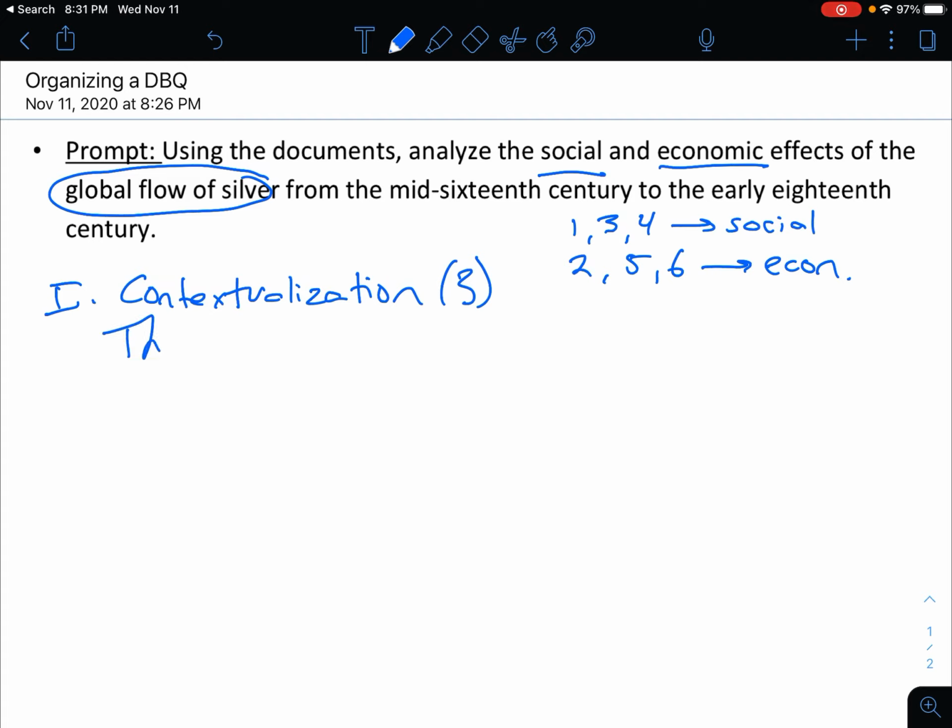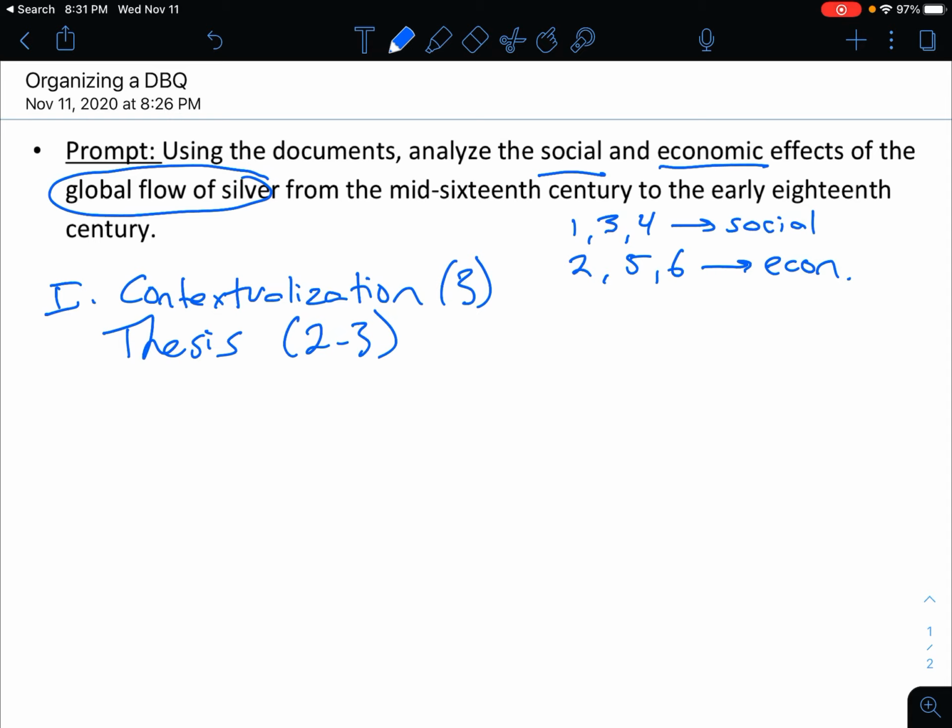Okay, then after that, I'm going to work right into my thesis, and that'll be probably 2 to 3 sentences long. I might have the first sentence of my thesis be: from the mid-16th to the early 18th century, the world saw a global flow of silver, which had many social and economic effects, period. My next sentence of my thesis might be: one of the social effects of the global flow of silver was to create